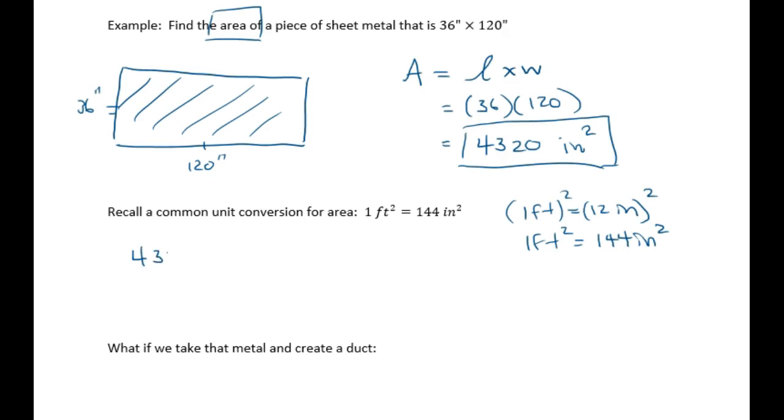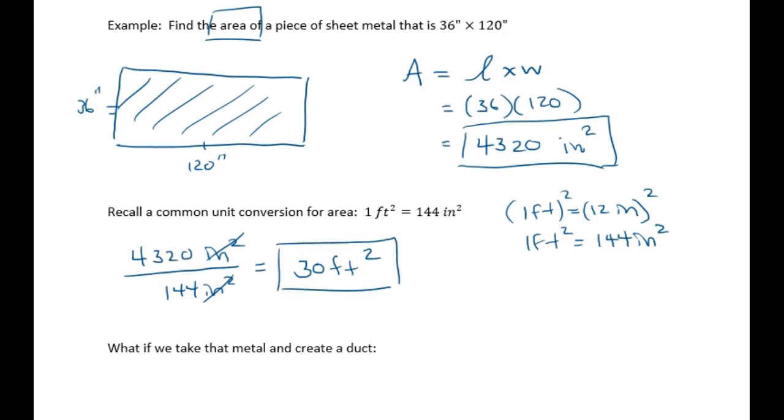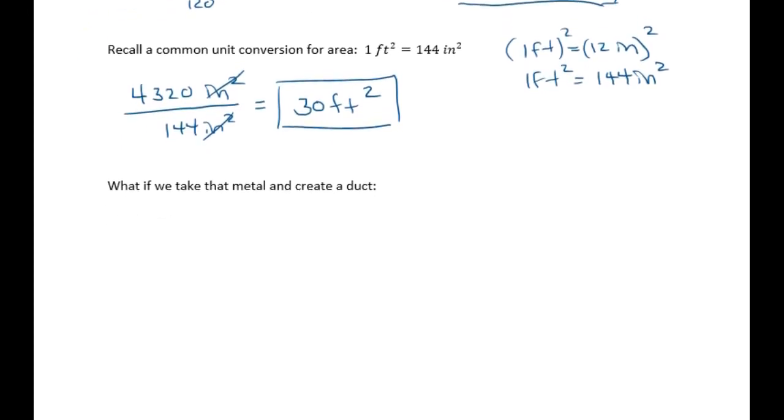So 4,320 inches squared, all divided by 144 inches squared. Inches cancels out, and when we do that division, we end up getting 30 feet squared. And again, it would make more logical sense to talk about 30 feet squared instead of 4,320 inches squared. So our next part of the question says, well, what happens if we take that sheet metal and